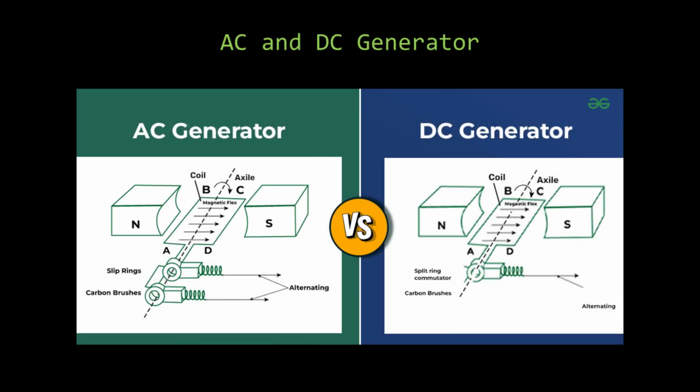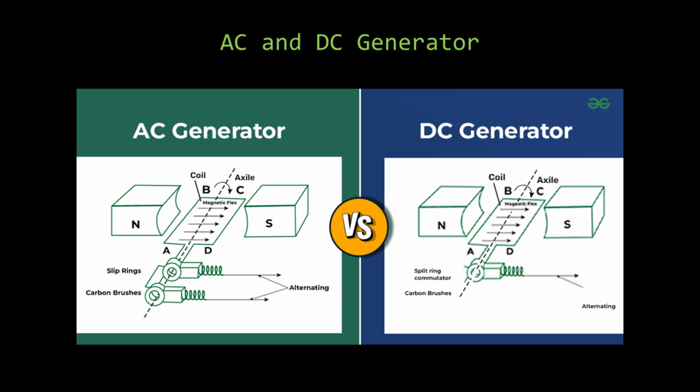Alright, let's break down the diagrams of the AC generator and DC generator to understand their differences. In an AC generator, the coil rotates between the poles of a magnet, cutting through magnetic flux lines, which induces an alternating current, AC. This current changes direction periodically. Slip rings connected to the coil rotate with it, maintaining electrical contact with carbon brushes, allowing the AC to flow